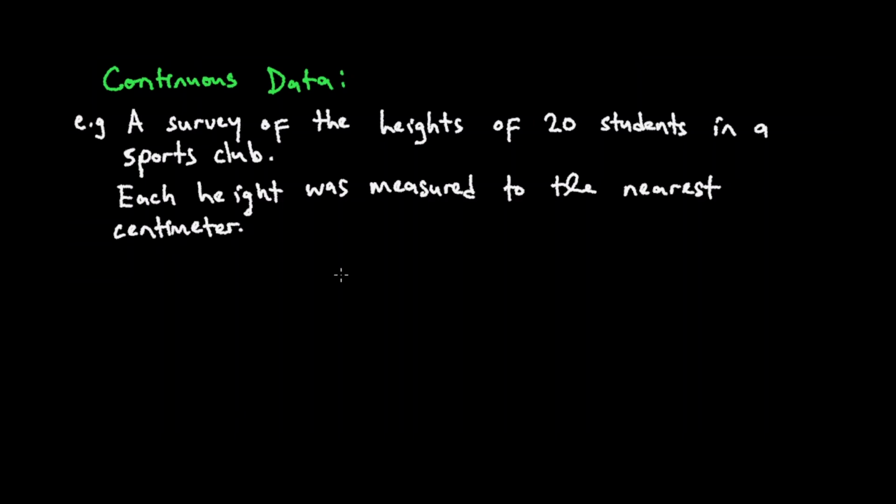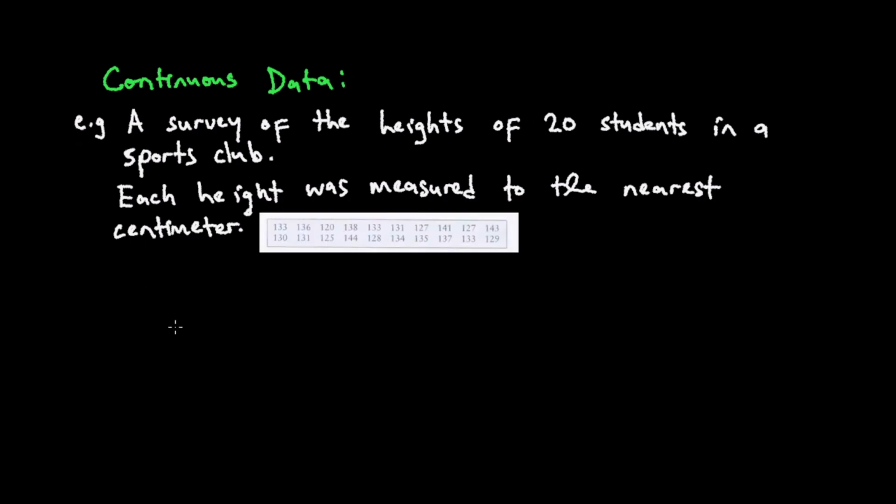Okay, let me put the table and then we have further explanations. So this is our table. We took a survey of the heights of 20 students in a sports club. We were told that each height was measured to the nearest centimeter. When we say each height was measured to the nearest centimeter, we are saying, for example, we take the height of this student, which is 133 centimeters,